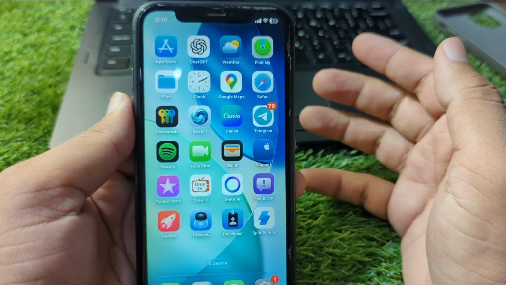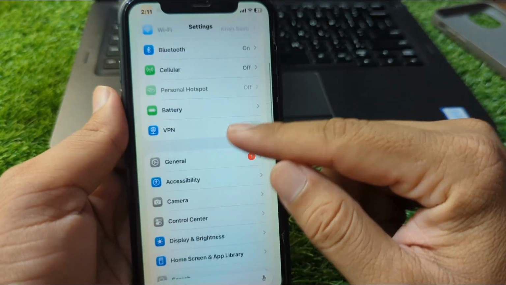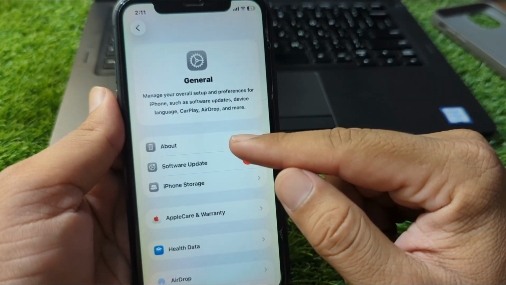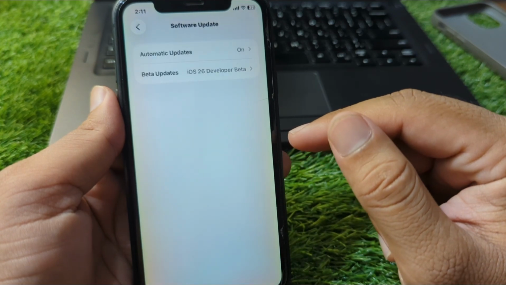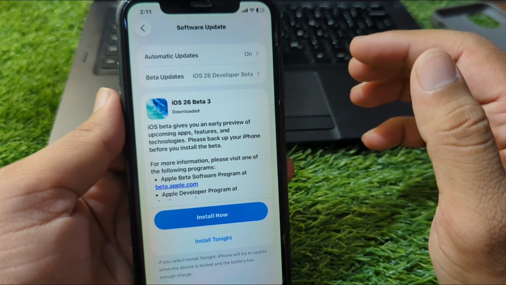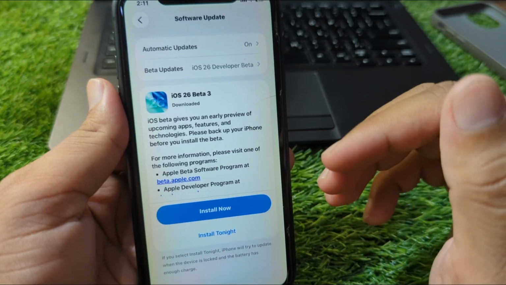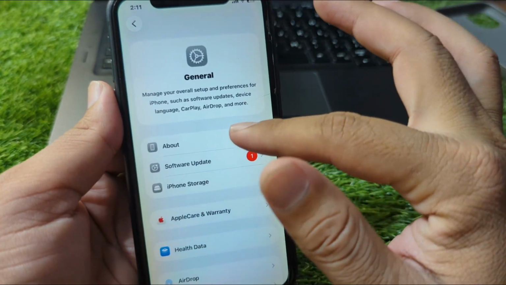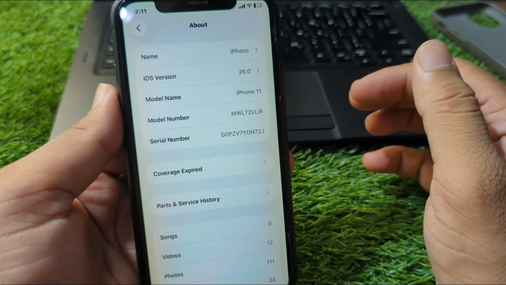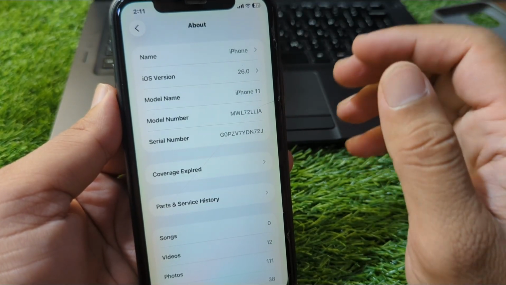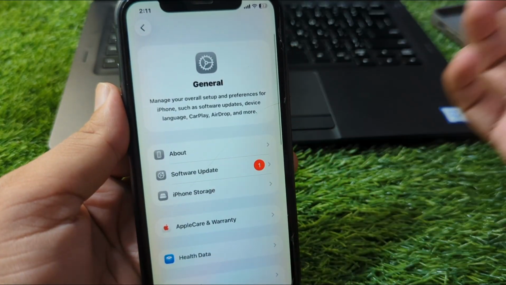So guys, first of all, go back to your home screen and now open Settings on your device and then scroll down and go to General and then Software Update and update your software to the latest version if there is any update available for you. So guys, simply update your software and after this go back and tap on About, and from here check if there are any carrier updates available for you. Then you have to simply update your carrier settings